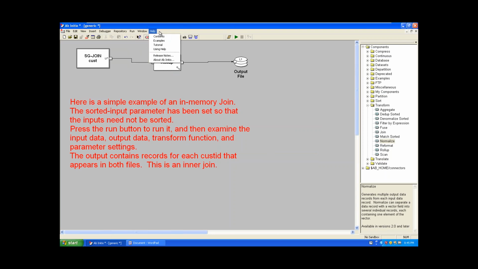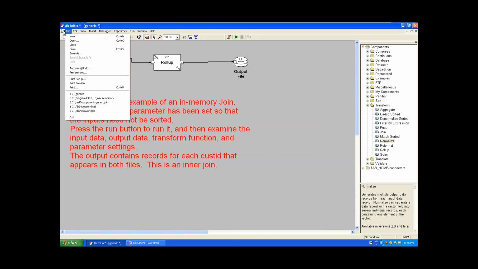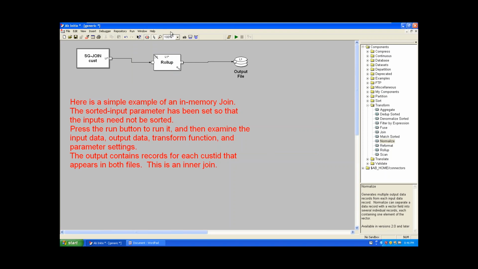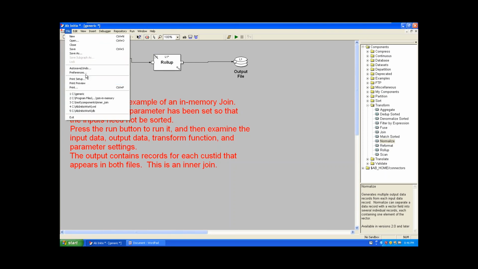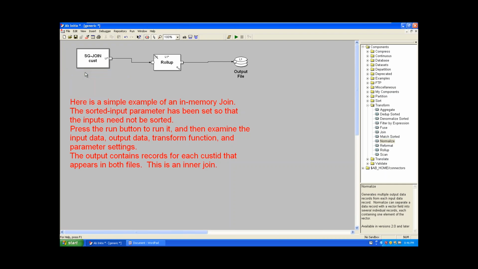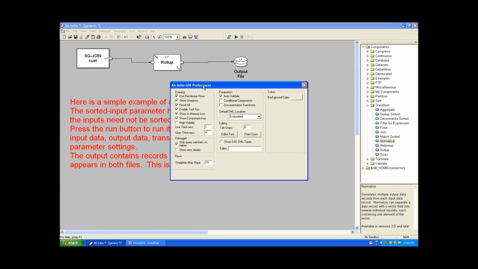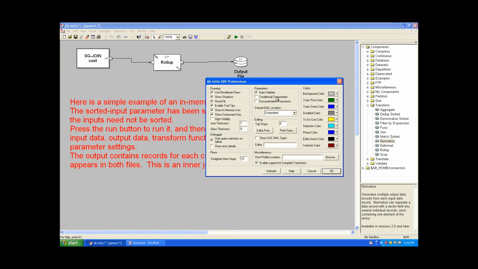Here you can see another additional menu called the settings menu in the latest version. In the settings menu you can find the preferences. The options are the same, but they have moved to another location. Preferences, okay, you can see GD preference. Here you can see the conditional component option. When you click on the conditional component checkbox, you